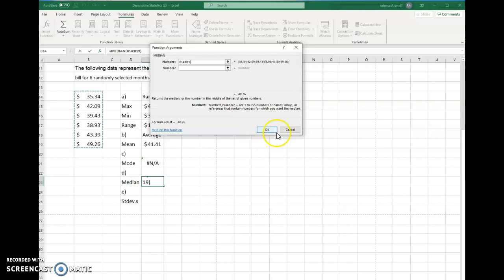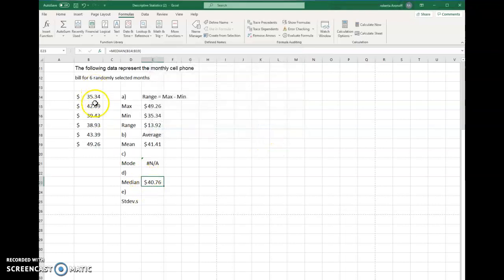And if we were doing it by hand, we would write the numbers in order from smallest to largest. And because there are 6 numbers, we're really taking the average of the third and the fourth number. So if we went through it, this is the first number, the second, the third. So we have the 39.43, and the number after that is $42.09, and this would be the average of the two,